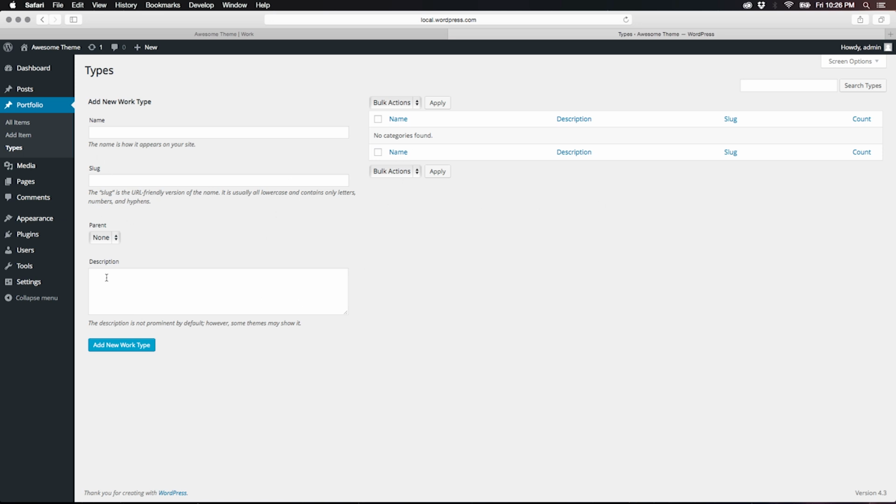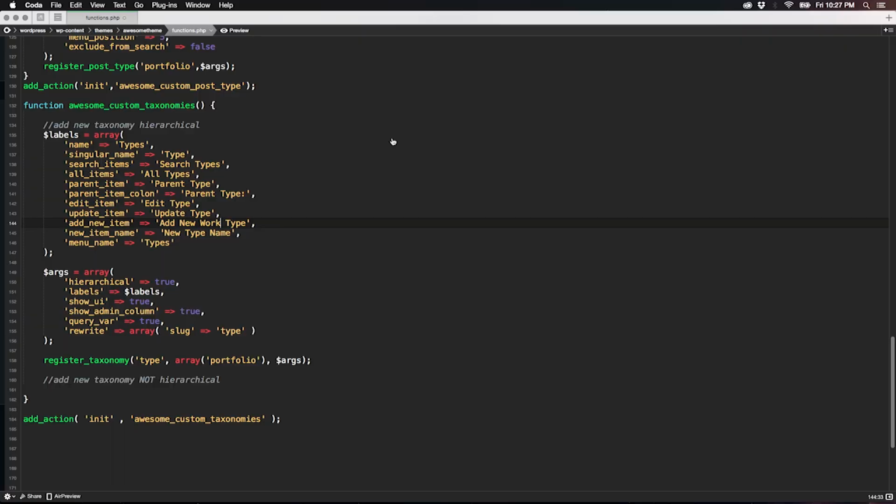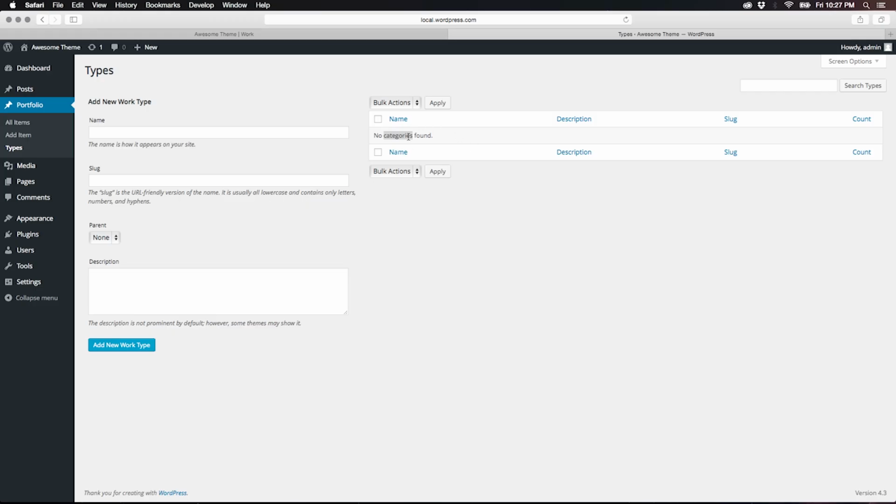And you will notice that sometimes WordPress uses categories for some sections. For example, here, like no categories found, because we didn't specify the label for no items found, and WordPress is going to automatically roll back to the default hierarchical category taxonomy, that in this case is categories. But let's create a new category, for example, design, and the slug is going to be automatically design, non-parent,